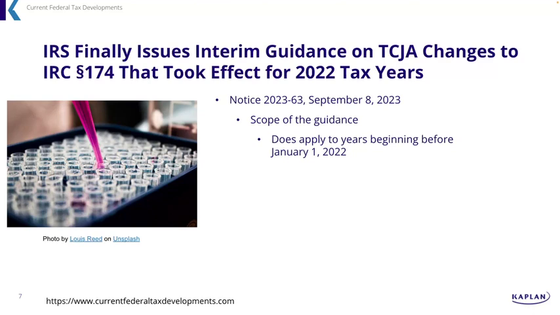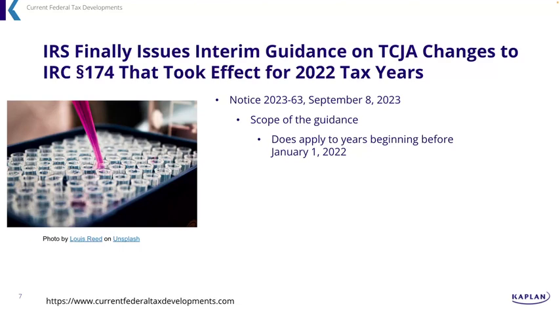The problem is, for the credit for increasing research activities under Section 41, one of the requirements for something to be considered a qualified research expenditure, and it's only one level, one part of it, is that it must be a 174 specified research expenditure. That means that everything your client or your company may have used as 174, or as qualifying you for the research credit under the same basic theories, would work to force you to capitalize that stuff when incurred in 22. Okay, so that's why it's there.